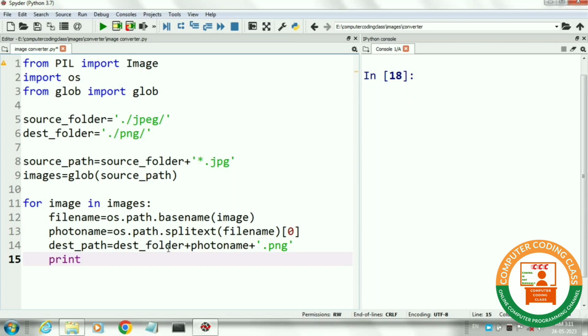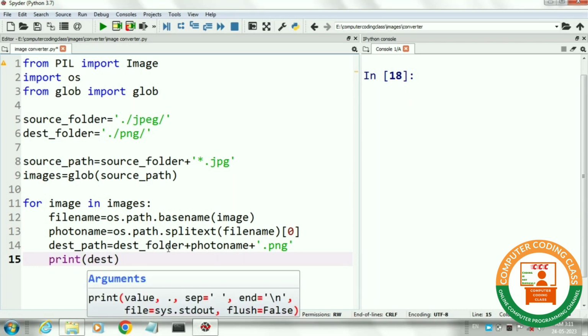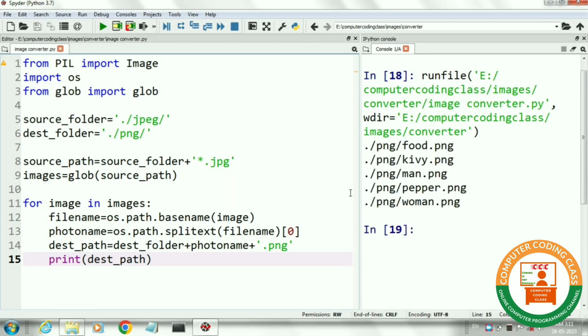Next, I will print the list of paths of all PNG files and run the program. In the output window, it is showing the full path of all 5 PNG files.